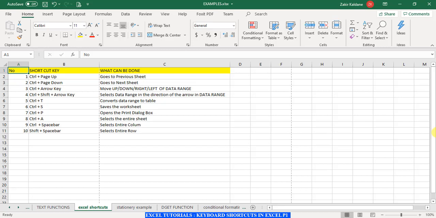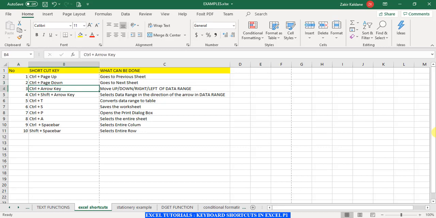Similarly, we can use Control Down arrow to jump to the last cell in a particular column in a data range, and Control Up arrow to jump to the topmost cell in a column in a data range. I hope you understand this. So this is the use of the Control keys.